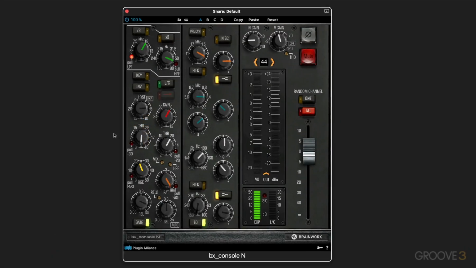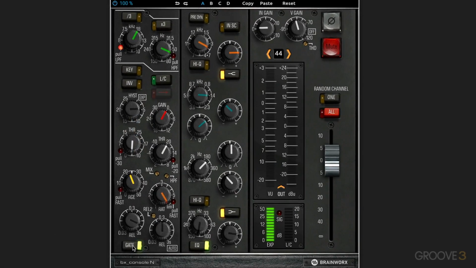The gate section is on the lower left. We turn it on or off with this button. And we have an inverse mode, which is interesting. It can toggle between regular gate mode or this inverse mode that lets you hear the part of the signal that'll be attenuated by the gate. So it's kind of like a listen function, but it can also be used creatively as a ducking kind of